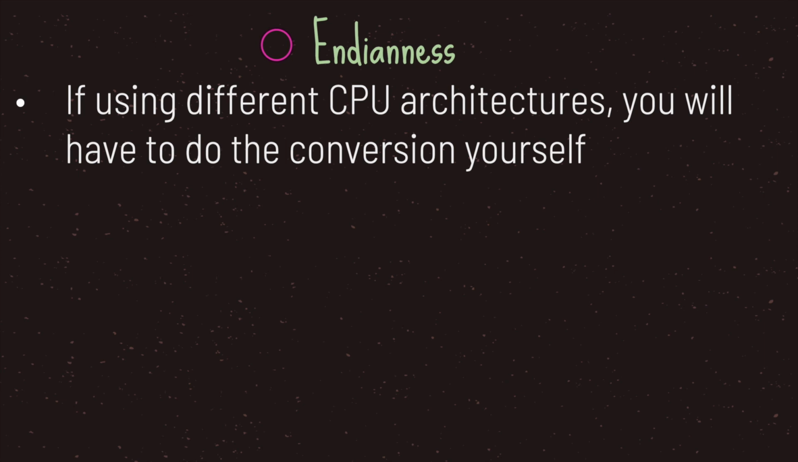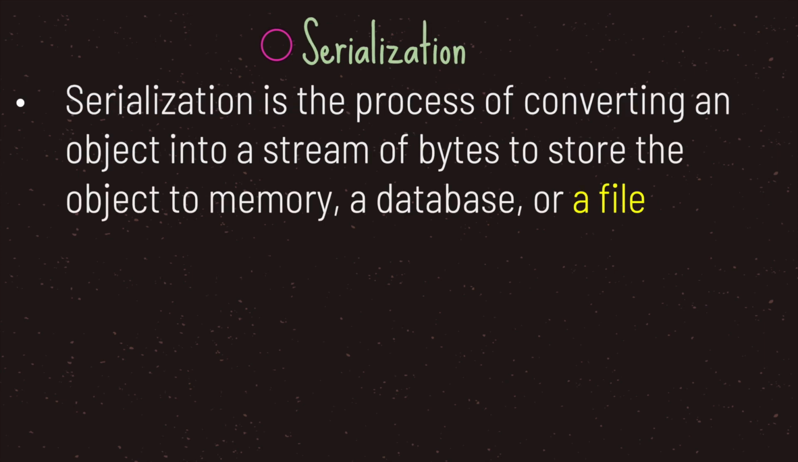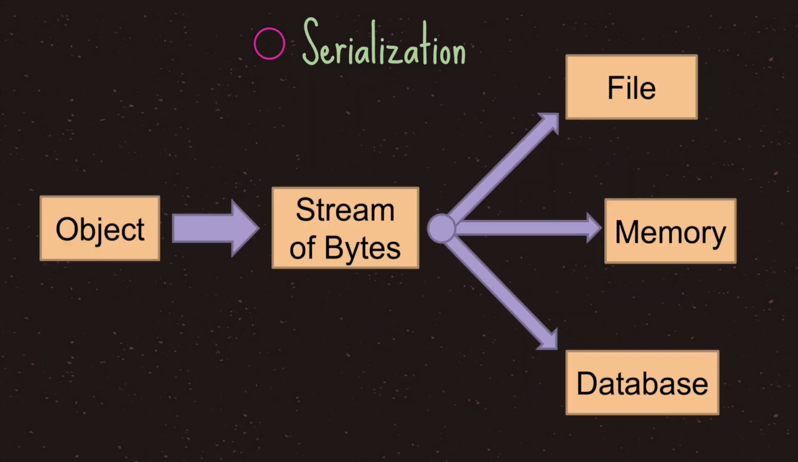We call this serialization. So what exactly is serialization? Well, serialization is the process of converting an object, basically a data object, into a stream of bytes to store that object to memory, a database, or a file. And since we will be dealing with the file class, let's go ahead and do a quick and basic summary of serialization. Serialization is quite a simple process. Basically, you have your data object, turn it into a stream of bytes,